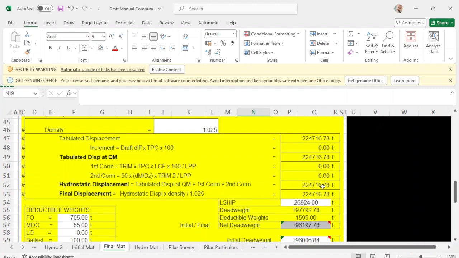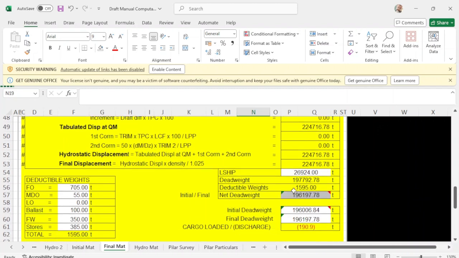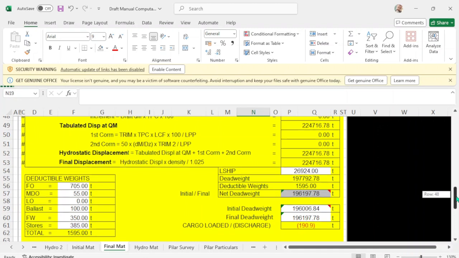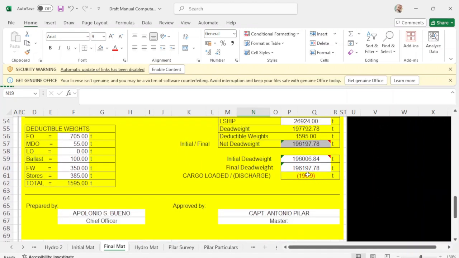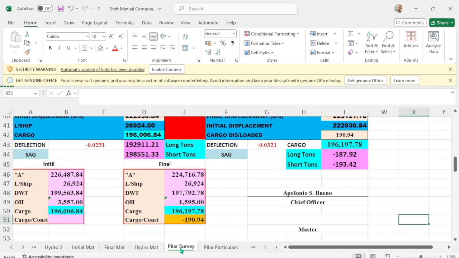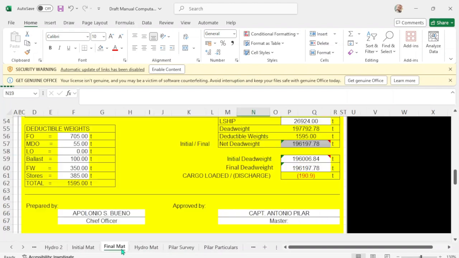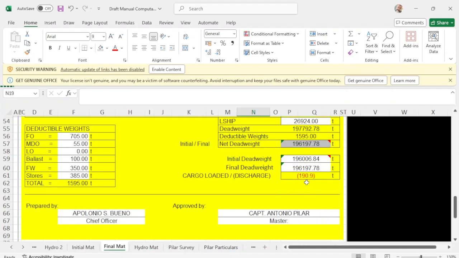This will be your displacement, and this will be your density correction, and minus light ship is your deadweight, minus your ROB is your net cargo or final cargo, initial cargo, and the cargo will be 196,197.78, and I got here 196,197.78. Exactly the same.